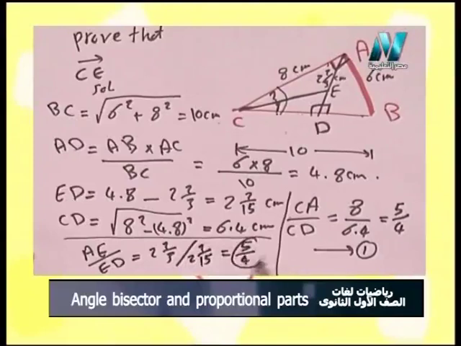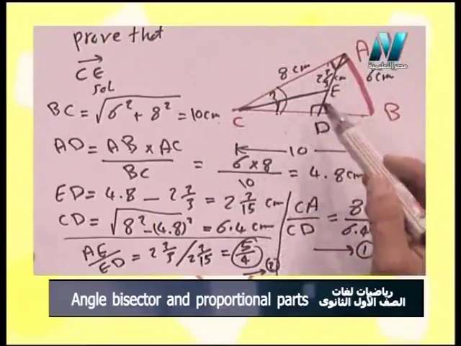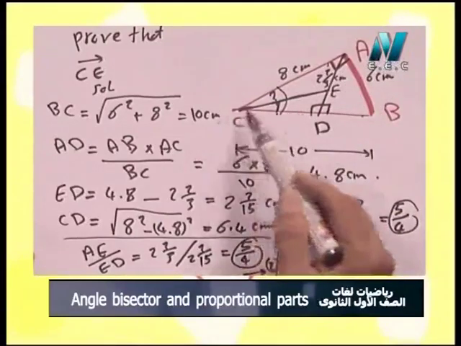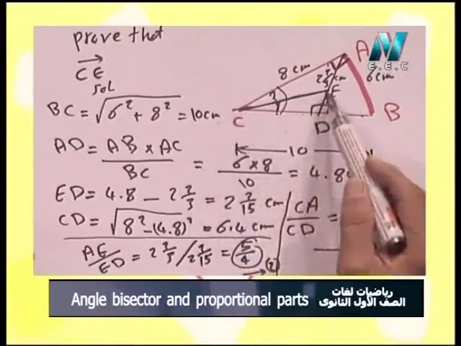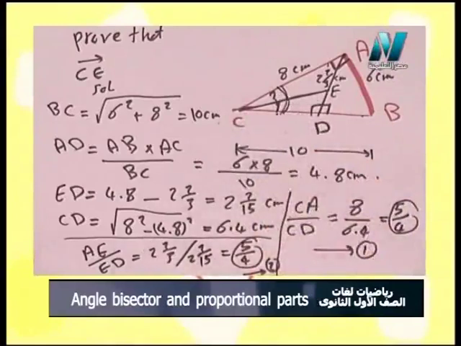It is the same ratio as this one. We can call this one is 2. So we have now CA over CD equals AE over AD. They have the same ratio. So we just know that CE is the bisector of the interior angle C. Yes, it's a long